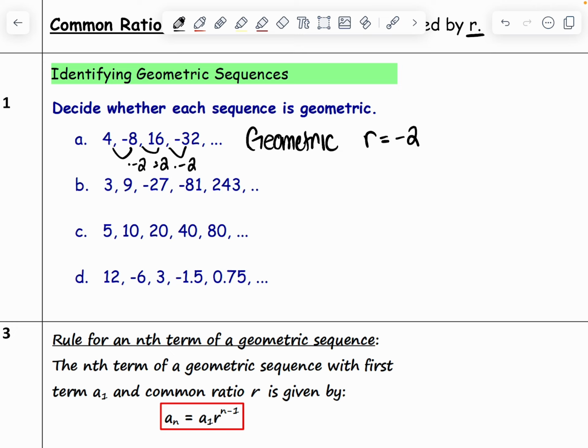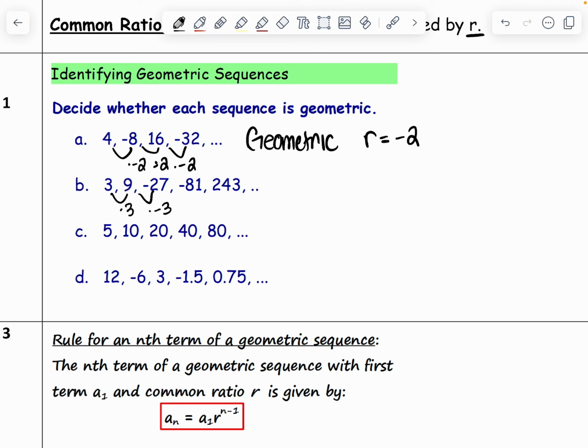Looking at the next one, I can tell right away that it is not geometric, even though it has a clear pattern, because it goes 3, 9, -27, and -81. And you can see when you're changing from positive to negative, that's because you're multiplying by a negative, and so it has to go positive, negative, etc. So this is a pattern. We're multiplying by 3 here, but we're multiplying by -3 here. So it'd still be considered a sequence, but it is not geometric because it's not the same multiple,